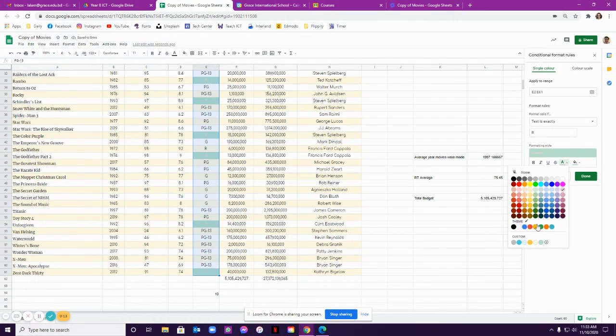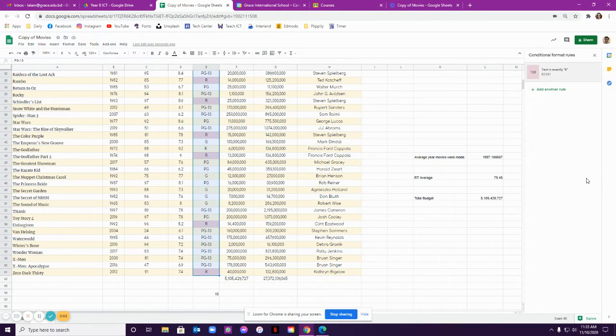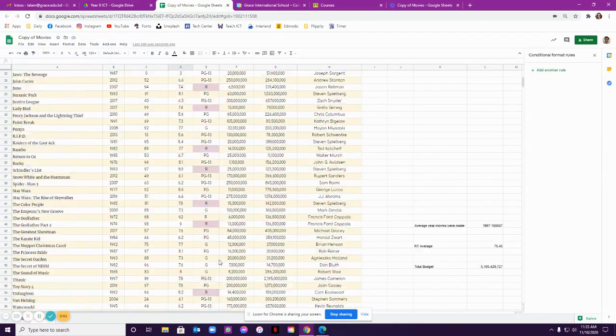Oops, I chose the wrong one. Oops, choose black there. There we go. Make sure you get your highlight and not your text, unless you want your text to be a different color. And select Done. And you can see that all the R-rated movies